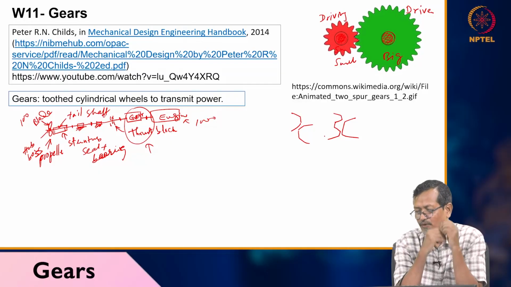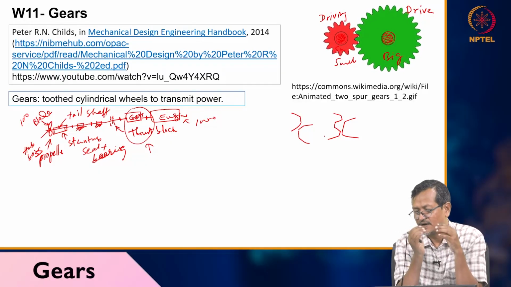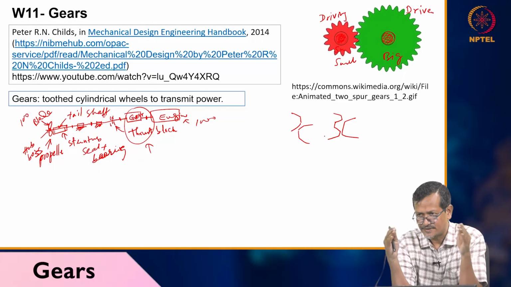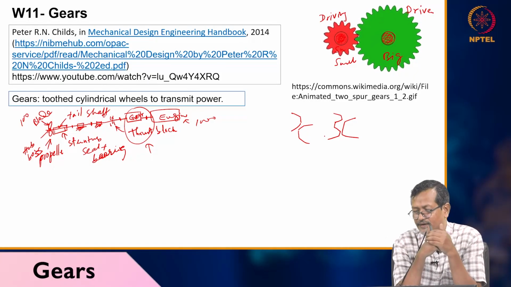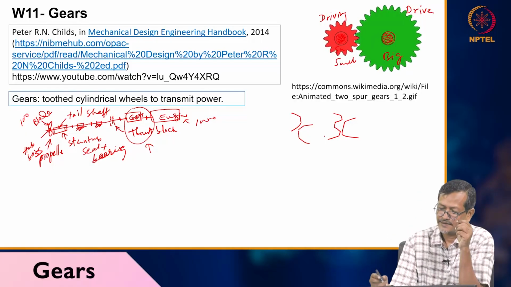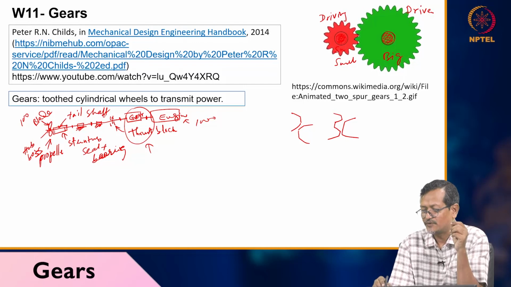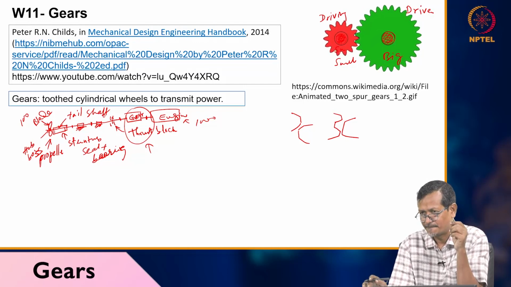Okay, and one is the driving gear and one is the driven gear, and diameter is related to your number of teeth. So larger diameter means larger number of teeth. Again, in this picture you can see a small gear driving a big gear. So the small gear rotation will be higher than the big gear. Okay,